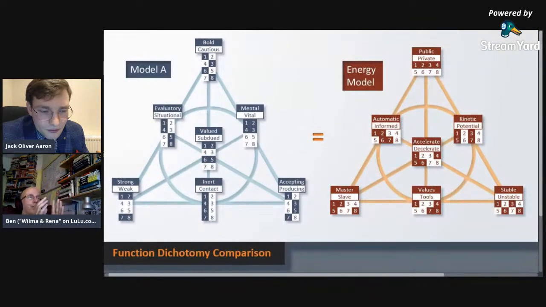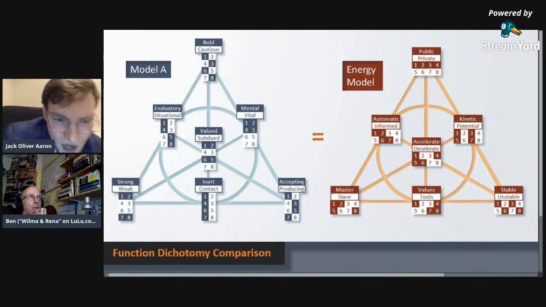But if we look at the functions, if you look at the ILE, it's still going to be NE, SE, FE, TE. It's still the same functions. Okay. I'm just trying to get both models in my head at the same time. Let's go with ILE again. So mental, vital: you can see there'll be extroverted intuition, introverted logic, extroverted sensation, introverted ethics in that mental